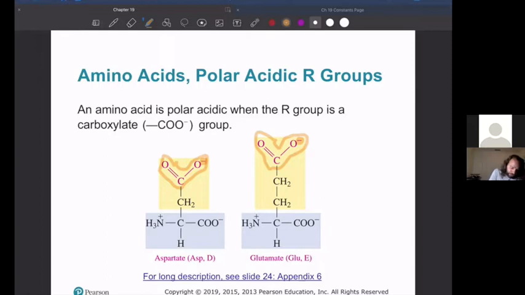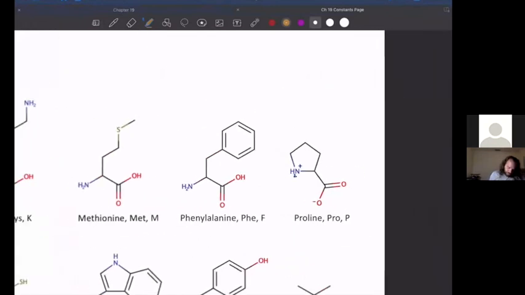And importantly, let me actually erase here real quick. This is again where you're going to have to keep in mind what the structure is at physiological pH. Just like this carboxylic acid group has a negative charge, so does our R group. And then of course the amine is actually an ammonium and has a positive charge. Something to keep in mind, because if we were to look up glutamate on our constants page,